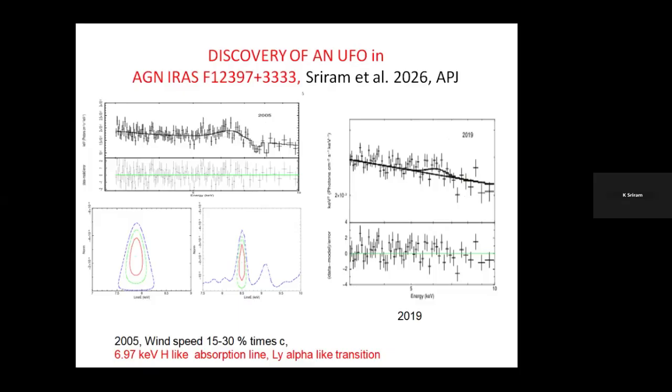We have a sudden disappearance. We can see here from 2005 to 2019, and on the cosmic time scale, 14 years is a very short time. So we are studying why the outflows have suddenly disappeared. And these outflows are important for star formation. If you don't have outflows, the star formation is very small.